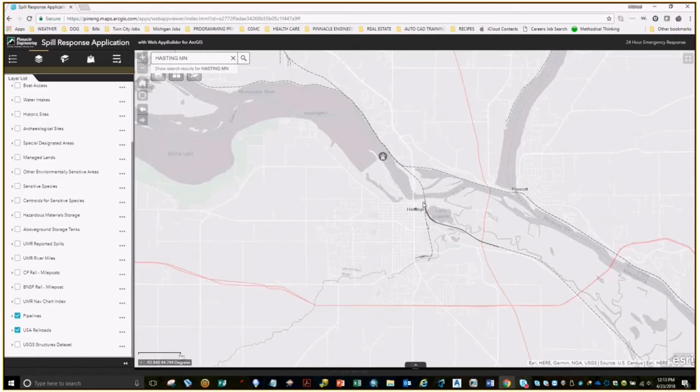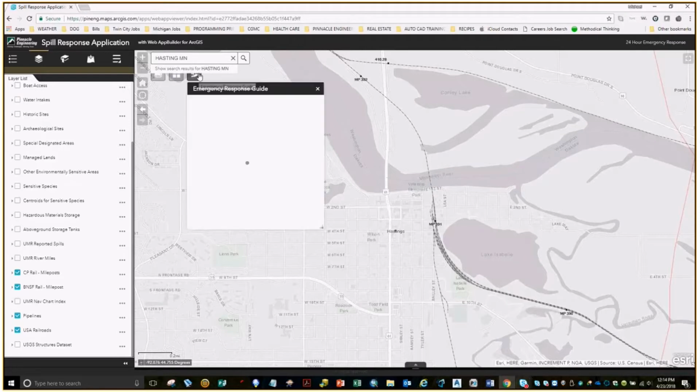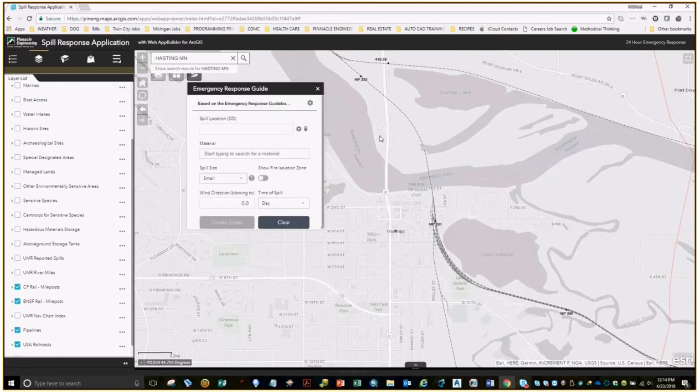You can pretty much assume that the crossing is going to be here because this is the only rail crossing in Hastings. But if you wanted to verify the specific milepost, you could then toggle those on. You can see 391.25 is right here. So then Jim could go in here and open the emergency response guide. And this is a new application that ArcGIS Online has developed. Maybe we've got coordinate information, maybe we don't. He could just grab this little icon here, drop it on the crossing,